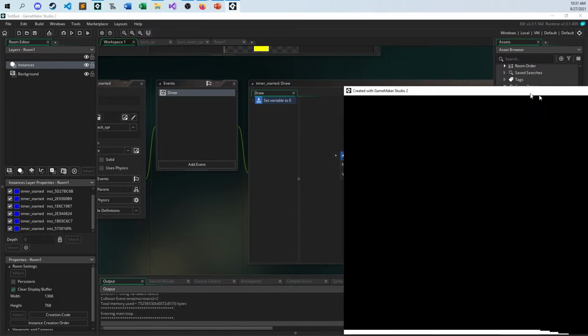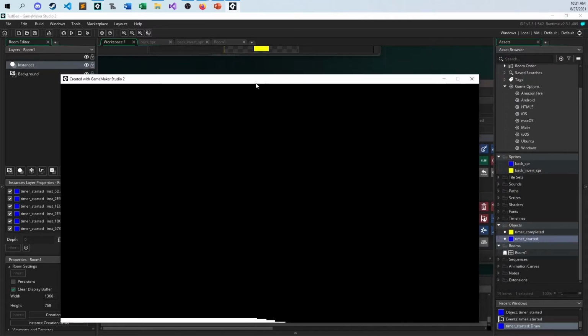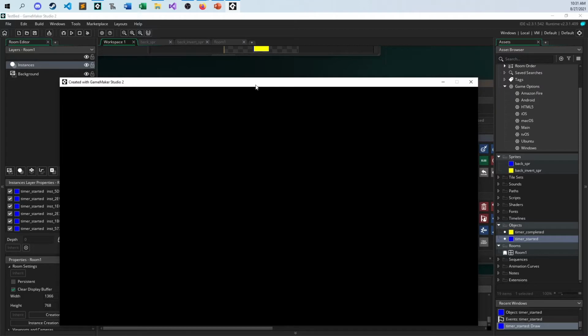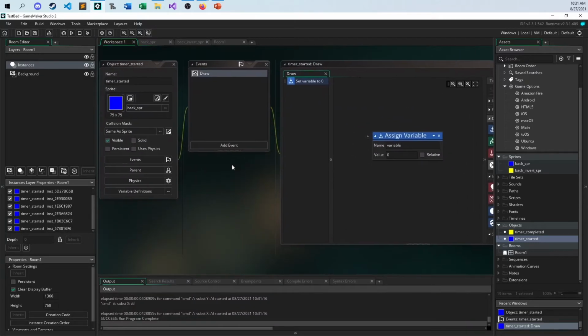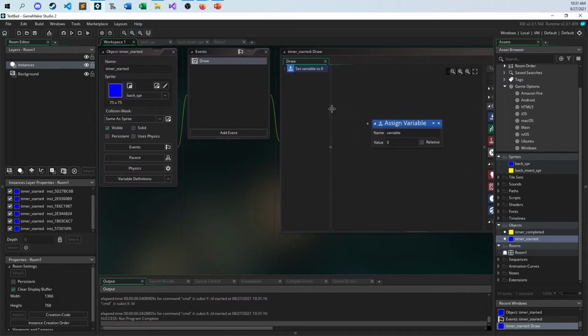There we go. Okay, the rules have changed in GameMaker as far as my understanding. Probably happened a while ago, but I don't get to play with GameMaker like I used to. So you can see everything's disappeared. And that's because we took over the draw event here and said, I know better than GameMaker how to draw